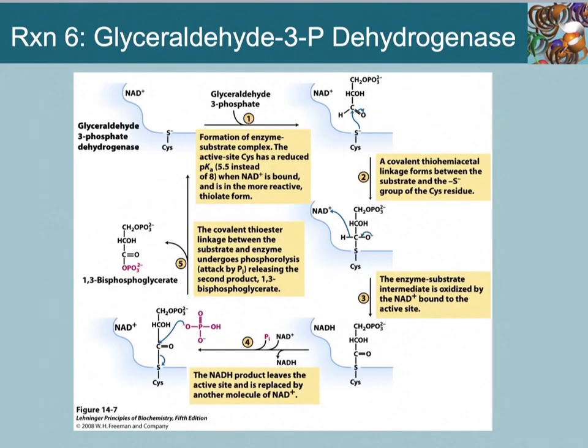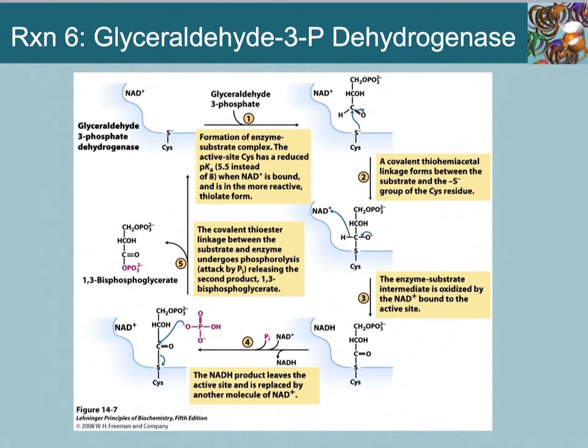The key is an intermediate formed as a result of the aldehyde oxidation that is linked to the enzyme by a thioester bond. And as we go through the mechanism, you'll see this. As I mentioned when we talked about coenzyme A in Lecture 1, thioesters are high-energy compounds found in many biochemical pathways. So the reaction is going to proceed through a thioester intermediate, which allows the oxidation of glyceraldehyde to be coupled to the phosphorylation of